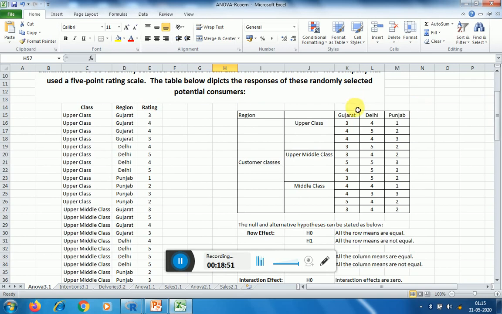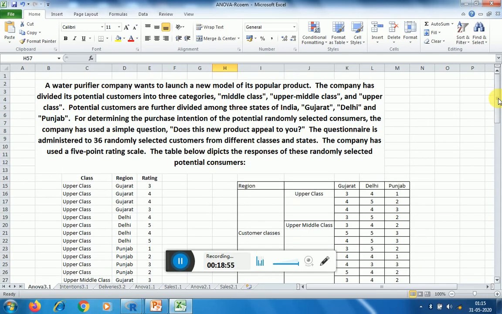Now for example, these are the scores. A water purifier company wants to launch a new model for its popular product. The company has divided its potential customers into 3 categories: middle class, upper middle class, and upper class.